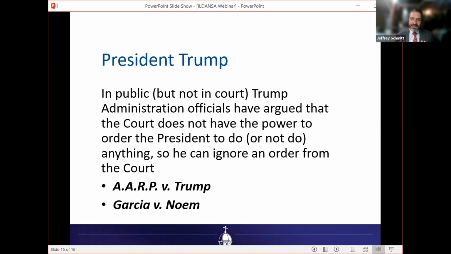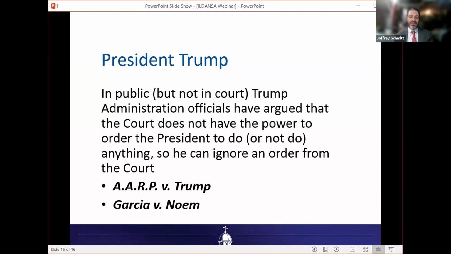And as the judge in Garcia says, it is crystal clear that everyone deserves due process before they are punished, before they are sent out of the country, before there is a big action that deprives them of life, liberty, or property. There's no dispute about that. And so the president clearly acted illegally when he sent those 237 people, or actually 238 people, to El Salvador. And so the court is intervening and saying, no, you can't send any more. The Constitution clearly forbids that because you would be denying due process.